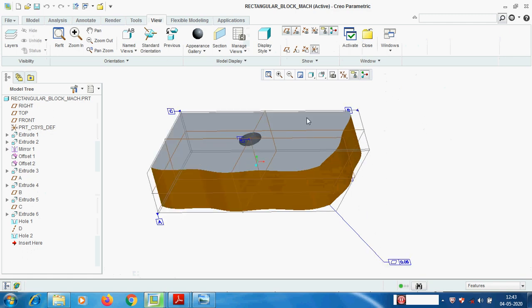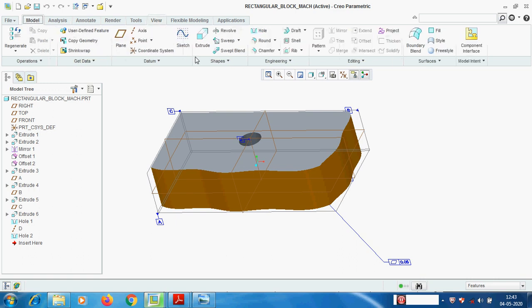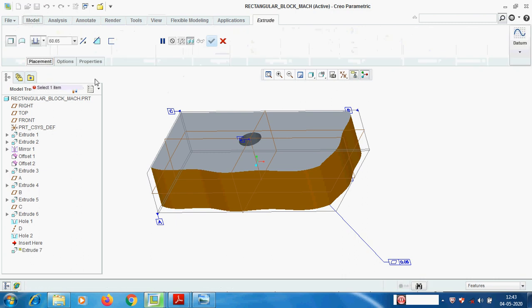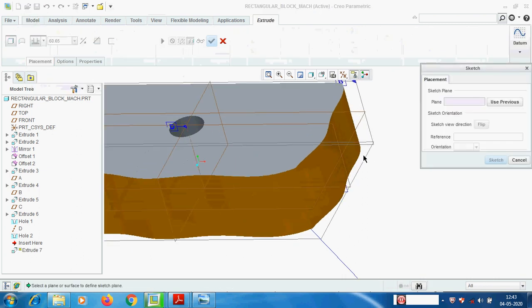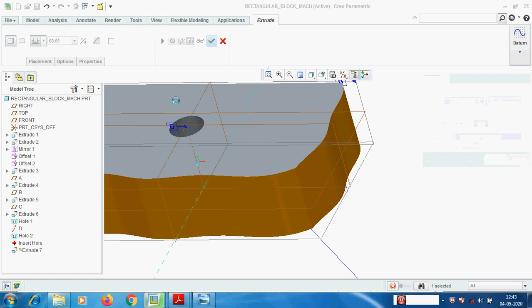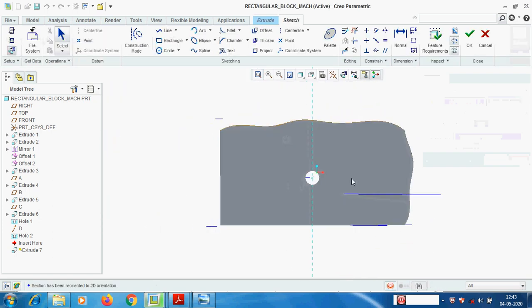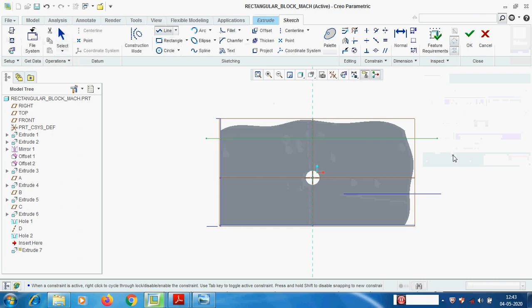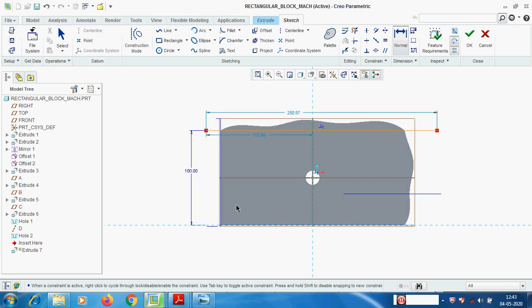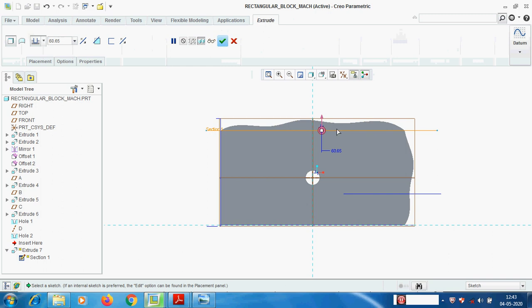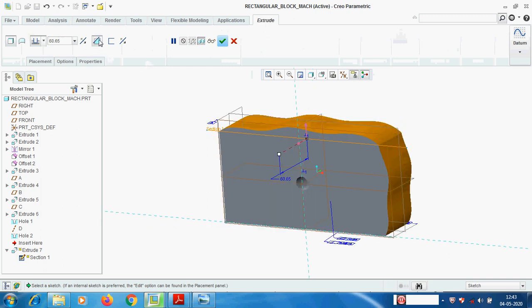Okay, I am going to cut this. Remove this one. Extrude, placement, define, sketch view. I am going to cut this portion. This must be 100. All the material is to be removed.